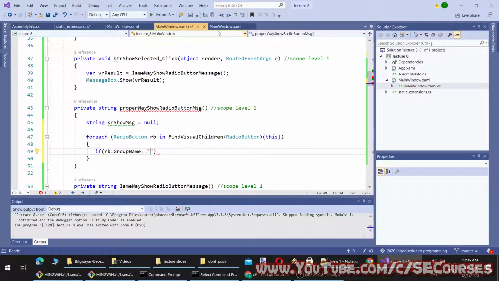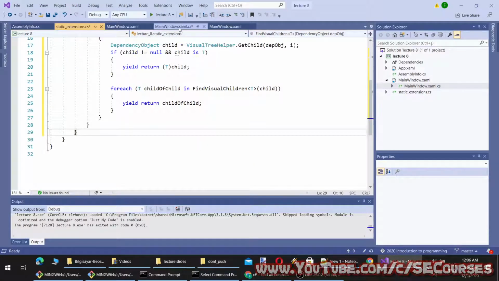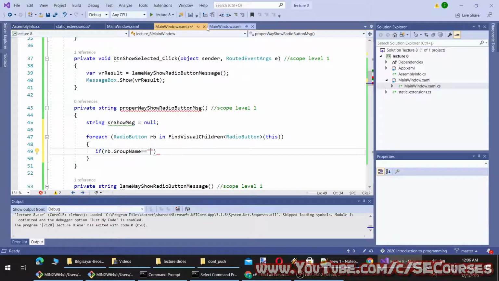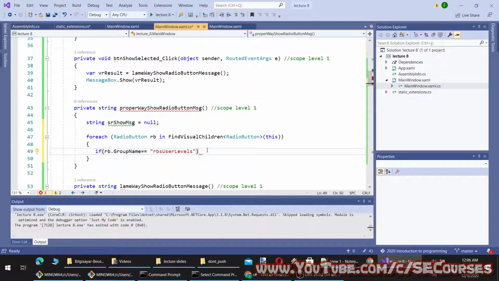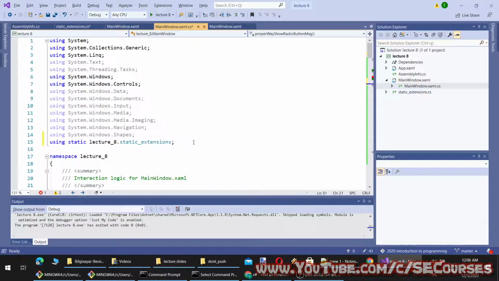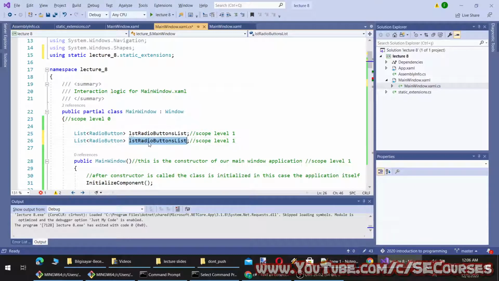Equal to, so what group name have we given our radio buttons here? This one. I'm going to generate another radio button list. Buttons list.